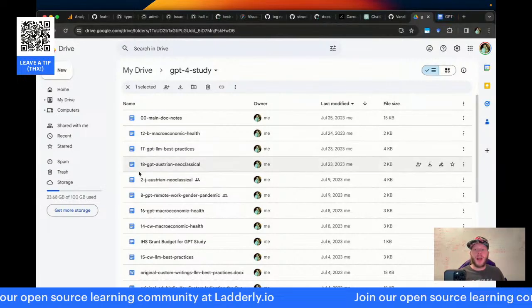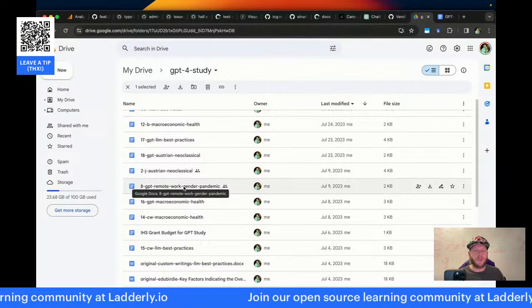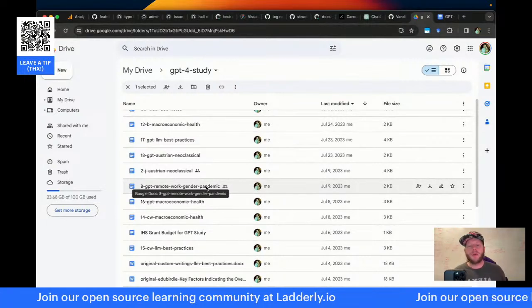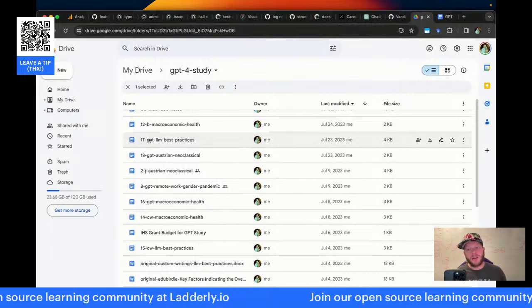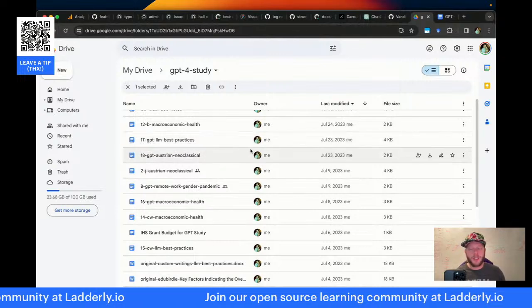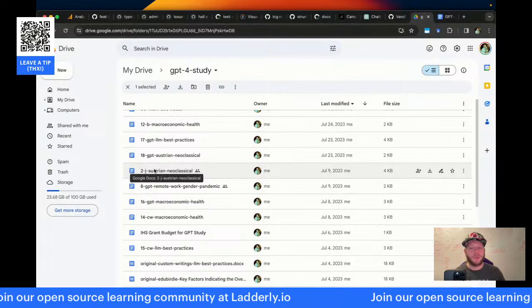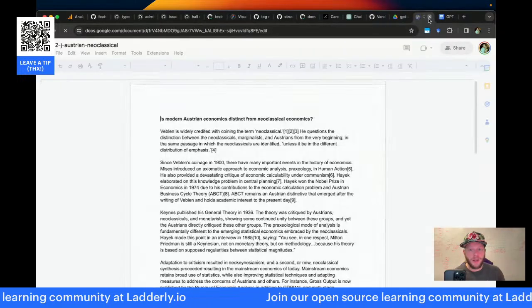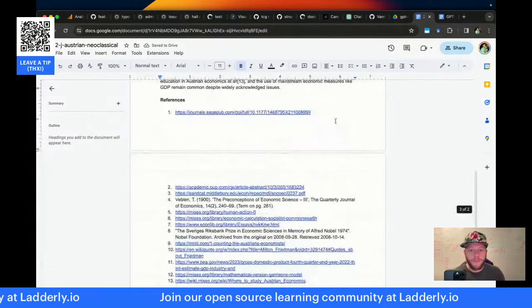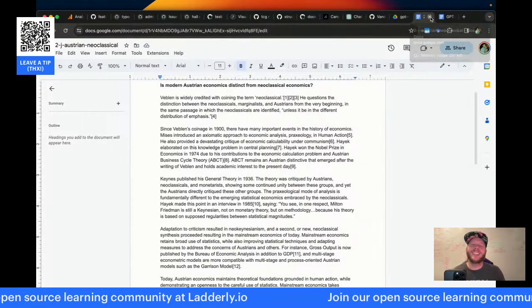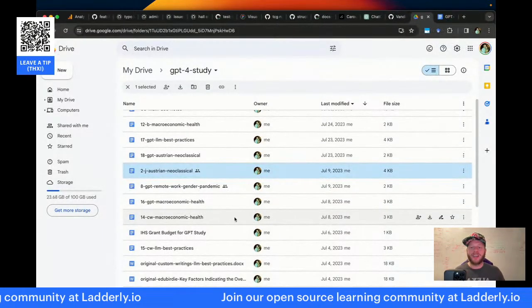So the way this works is I have all of these papers. They're literature reviews. They're one-page literature reviews. And some of them are written by GPT. You can see 17-GPT is written by GPT. And some of them are written by people. In this case, this person would be called Jay. I think Jay is me. I think Jay is for John. But then I won't tell you who the other people are.